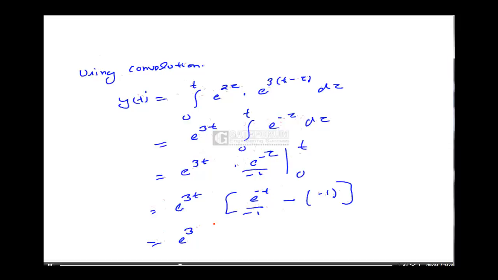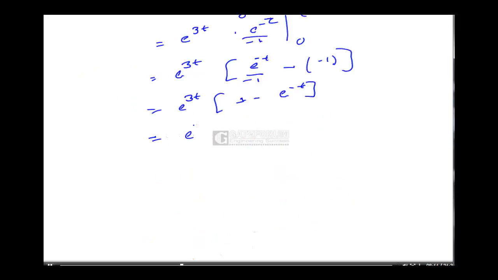This will become e to the power minus t, e to the power 3t times 1 minus e to the power minus t. So solving this, it will be e to the power 3t minus e to the power 2t. Okay, so this is a solution for the equation for y(t) for t greater than 0. Now using Laplace transform,